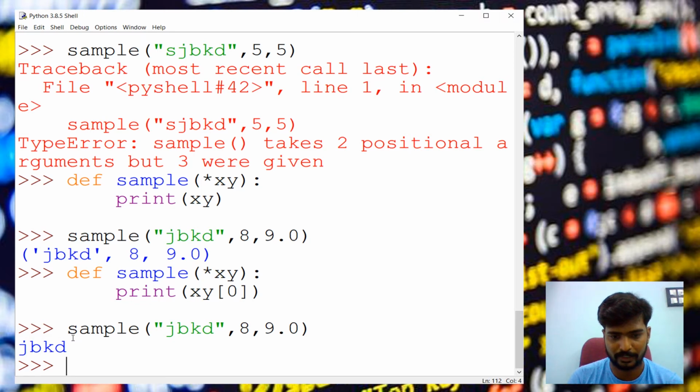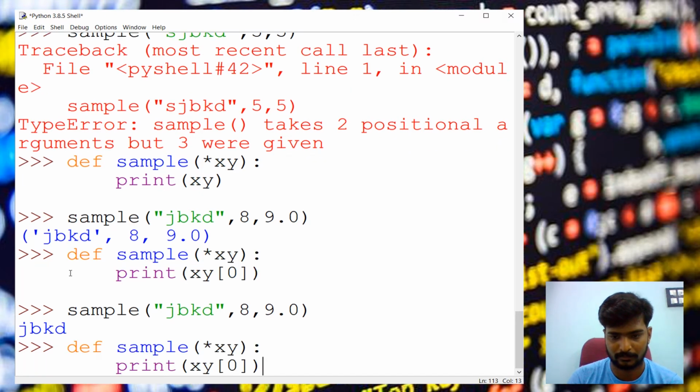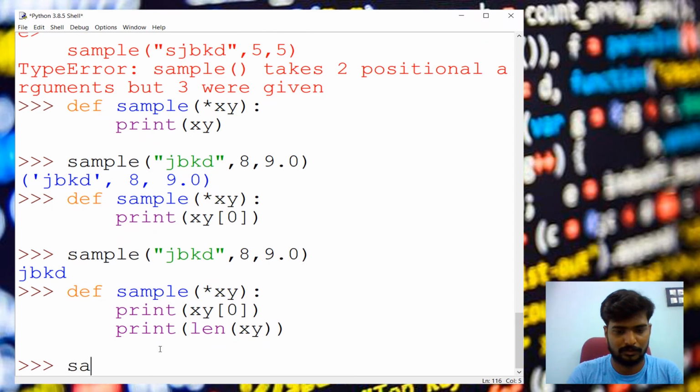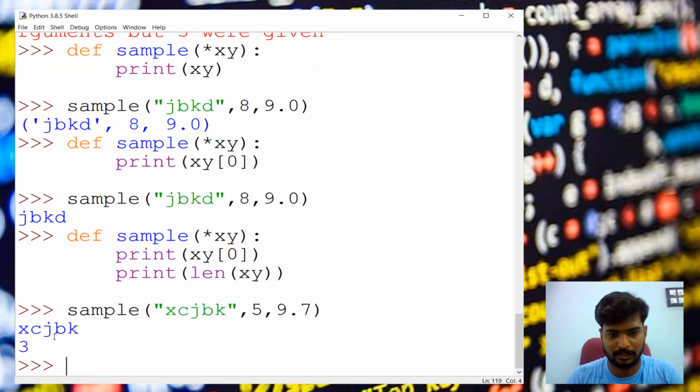Or else if I want to find the length of this, I can give another print to find the length. Length of, okay. Now we can pass the same. Okay, you can see the length is 3.